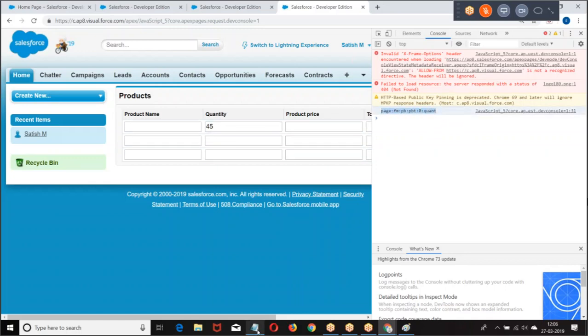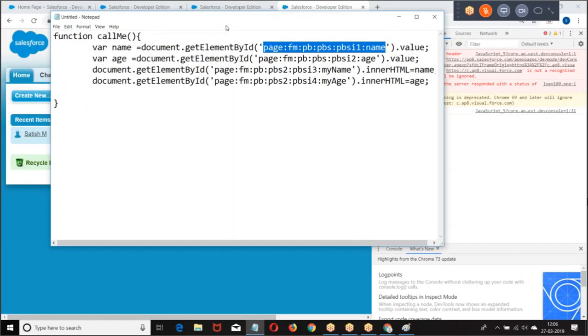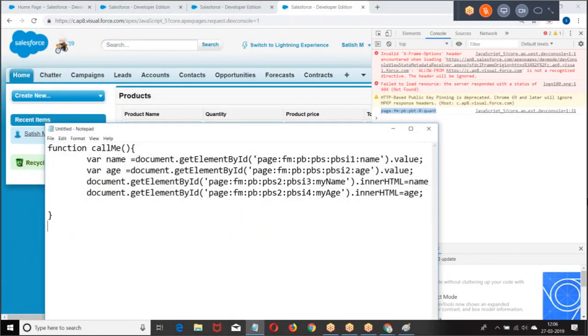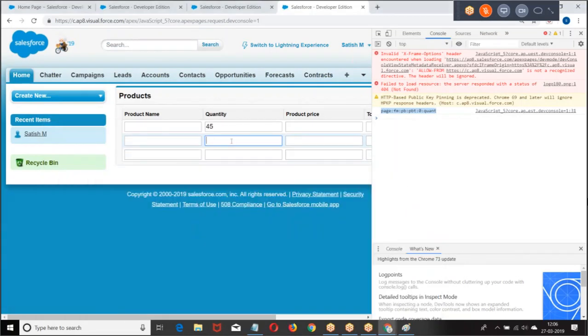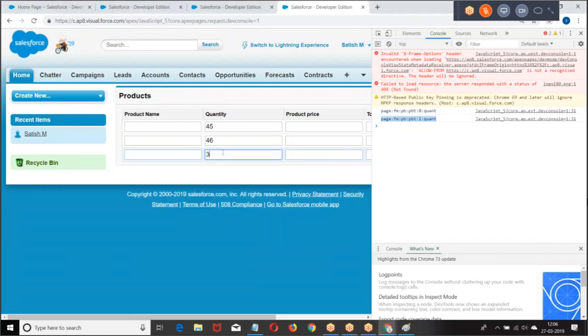First row I clicked. Second row I clicked. What is the ID we received? Third row I clicked.